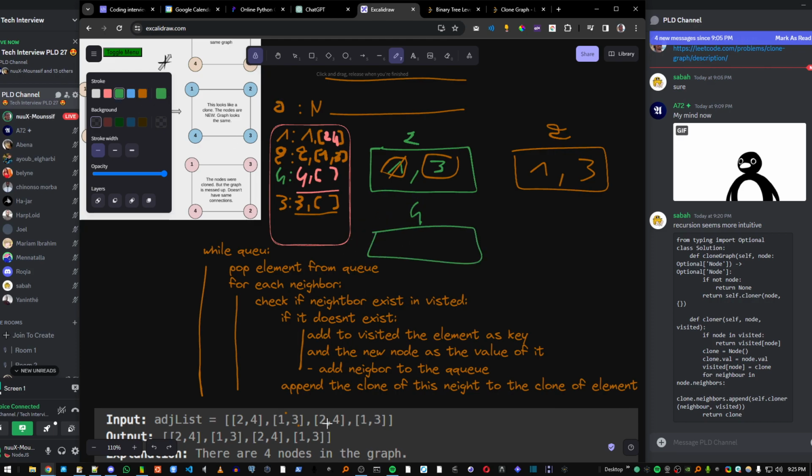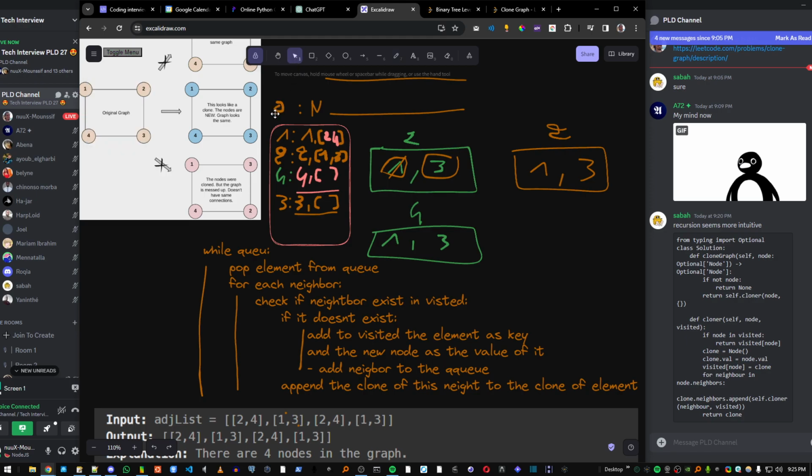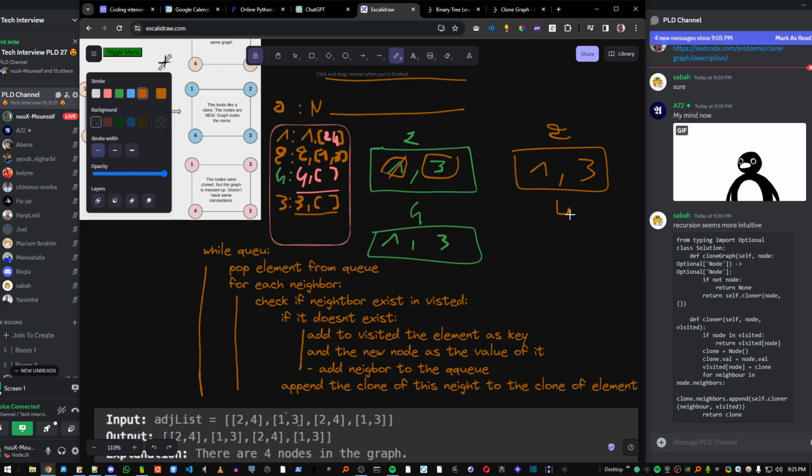2, 3, 4. It have 1 and 3 as neighbor. Now we need to process it. So here is the clone 4. It already exists, but it's empty. So it's gonna go for each neighbor, which is 1. If it already exists, just append it to the clone. Here it already exists, so it's gonna append it to the clone, and it's gonna go to the next neighbor 3,